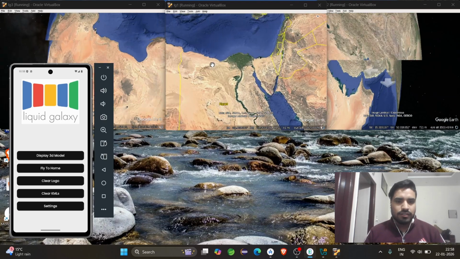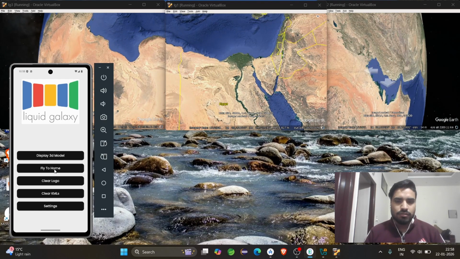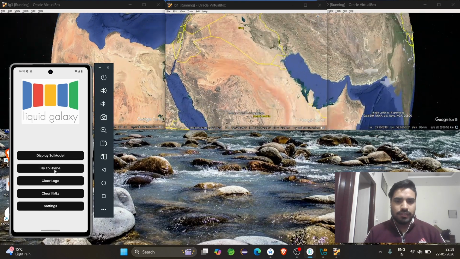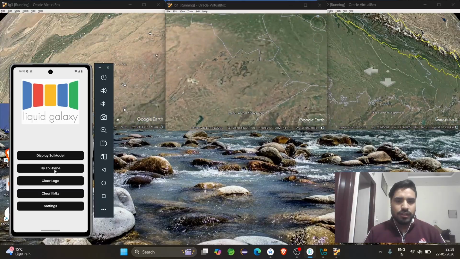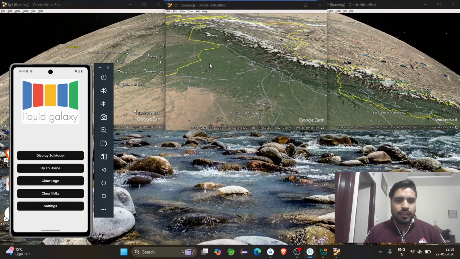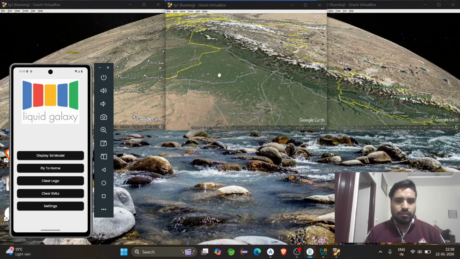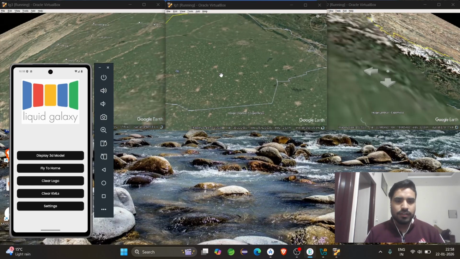Now let's test our last functionality, which is fly to home. When I press this, Earth starts rotating and the camera moves toward India, and it displays my home state, Punjab. So as you see in the Google Maps, Punjab appears. If I zoom in,